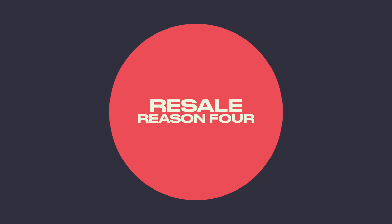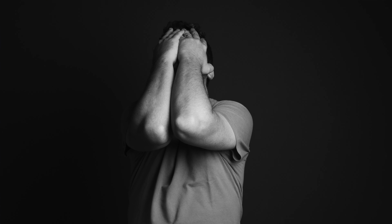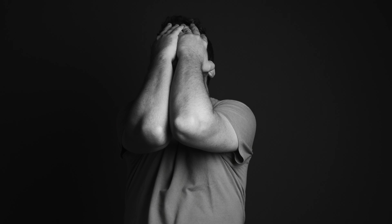Number 4, this is the big one, probably the one I'm going to get the most comments on, but the resale value of Grand Seiko is awful. You could argue, well, in comparison to a Rolex, which does for the most part maintain its value, even for the less desirable ones, and makes money in terms of the more desirable ones, you could argue it's an unfair comparison. As much as Rolex gains in that department, Grand Seiko loses, because they are really not only difficult to